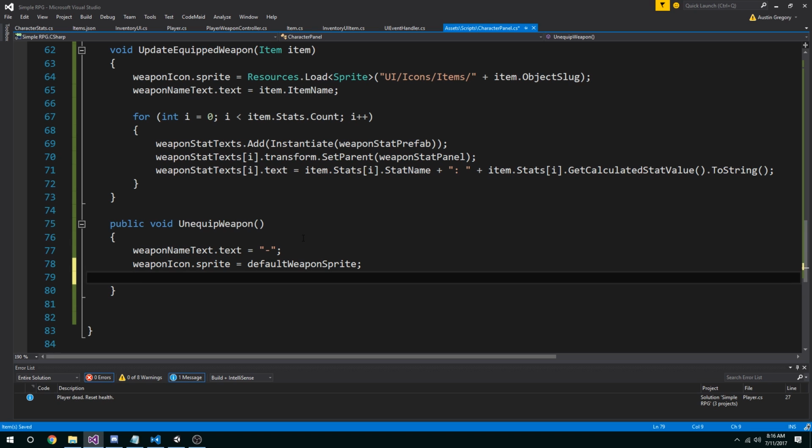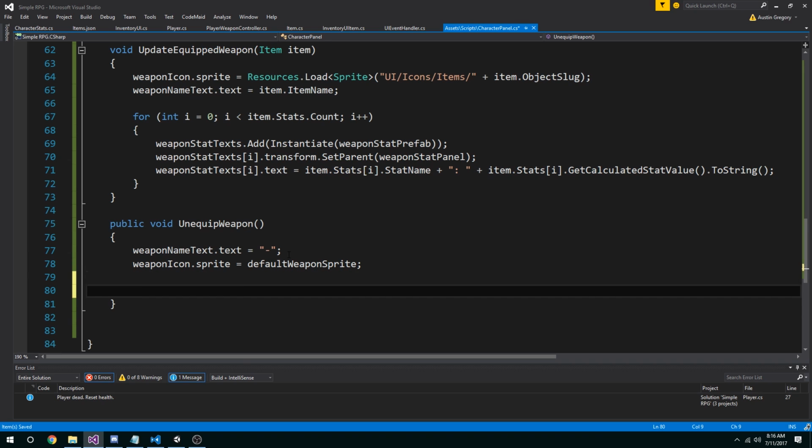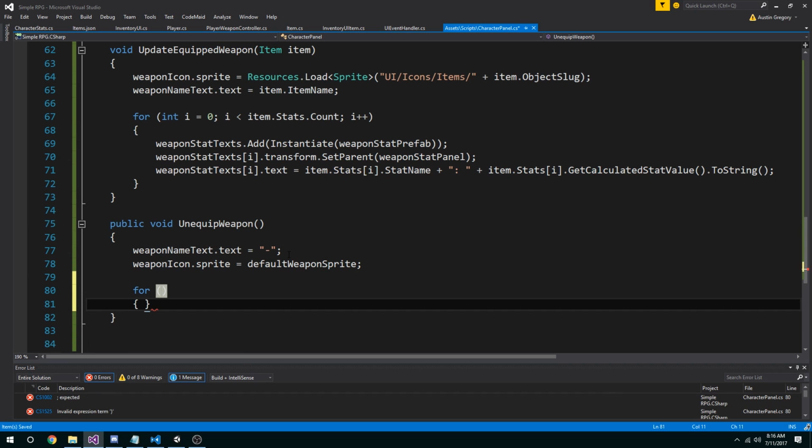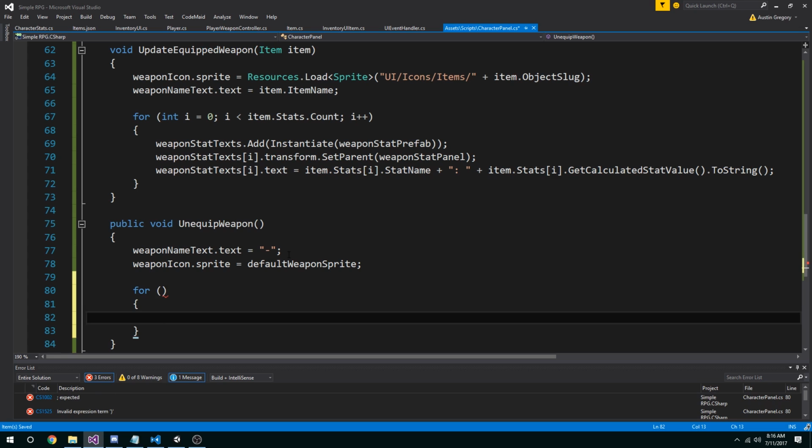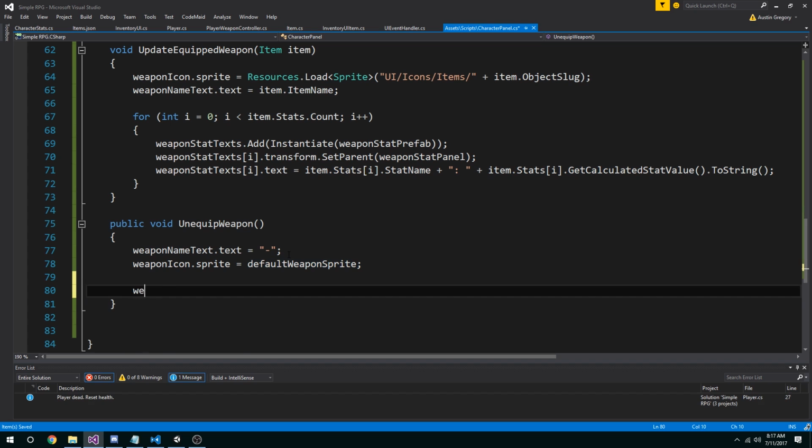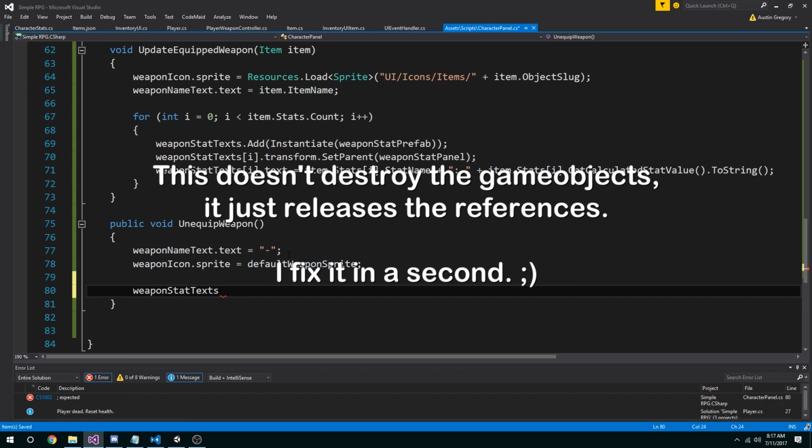And then we'll go to our weapon controller and tell it to unequip it so it updates all the stats and stuff for us. But before we get there, I want to go ahead and remove all the stats, the text elements at least. Well, not remove them. It's a good question. Should I just delete them? Because we add them for each thing we add, so it shouldn't matter. We can just clear them out. If we were to do a weapon stats texts dot clear,